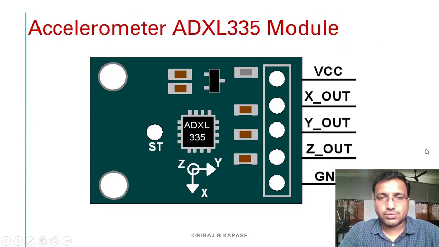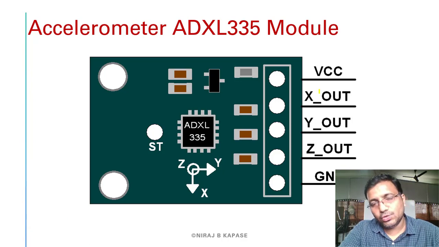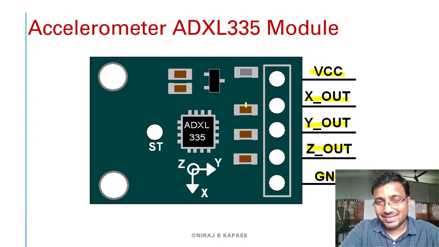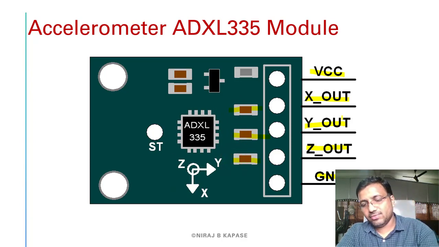All right. So here is a diagram of how the ADXL335 looks. As I told, there are 5 pins. The first pin is VCC, the second is X out, the third is Y out, then Z out, and the fourth is ground. There are 3 capacitors available on each particular output side, that is X output, Y output, and Z output. X, Y, Z is written, and then there is an internal converter, which converts your output into an analog output voltage proportional to acceleration.